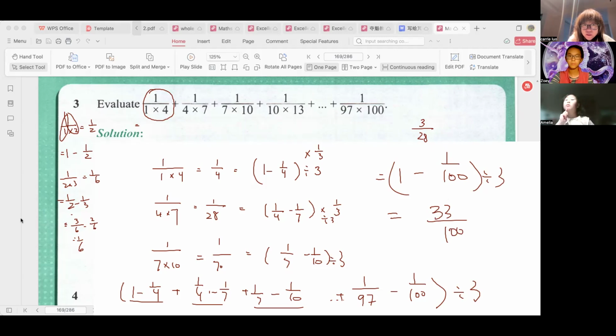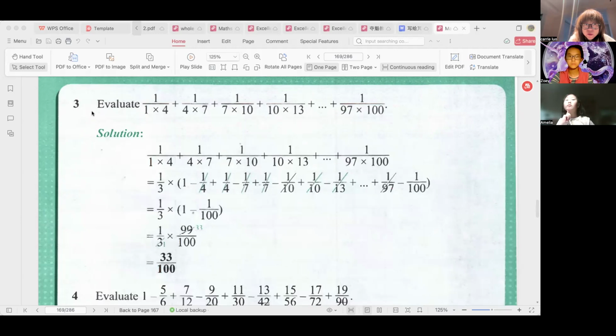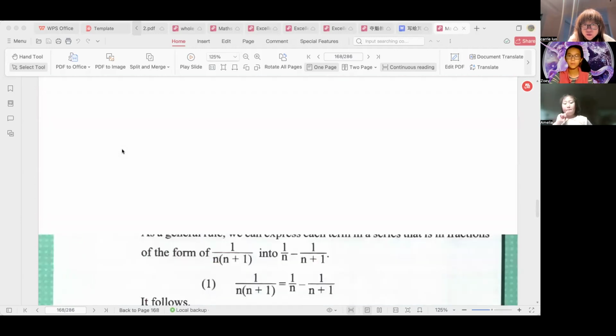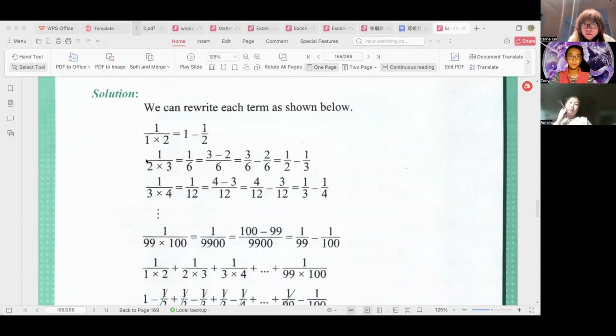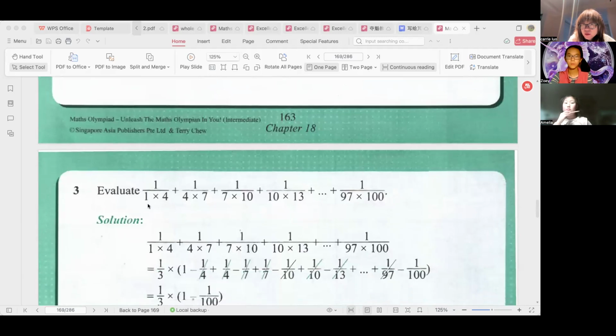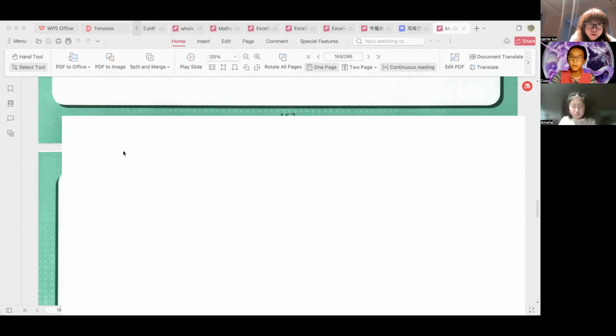Okay, so I want you to think about it. What is the difference between the earlier question and this question? This question is 1 over 1 times 2. The second question is 1 over 1 times 4. So you see the difference becomes what? 3. And before the difference is what? 1. Okay, if the difference is 1, you divide it by 1. That means you don't have to do anything. But if the difference is 3, you need to divide it by 3. So now I want you to take a look at this question. I'm going to make one question for you, and you're probably going to tell me the answer very quickly. So if I give you the question like that,